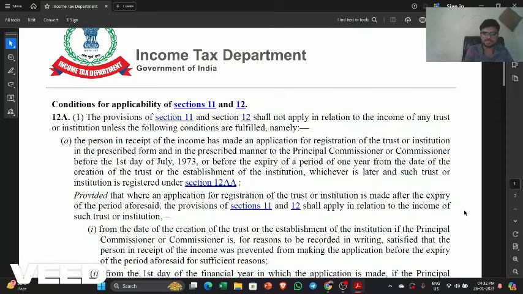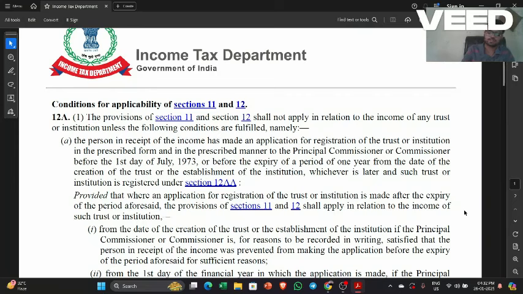What is Section 12A, and how to get registration under Section 12? So, firstly, Section 12A of the Income Tax Act is applicable only to charitable trusts, NGOs, and Section 8 companies. Section 12 basically talks about the trusts which would be able to apply for exemption under Section 11